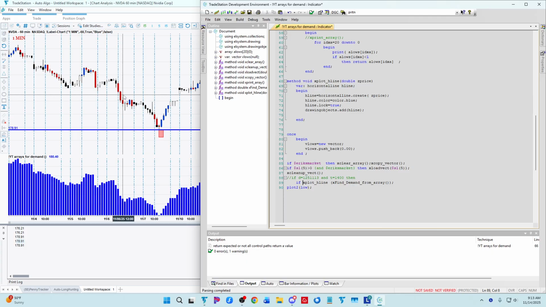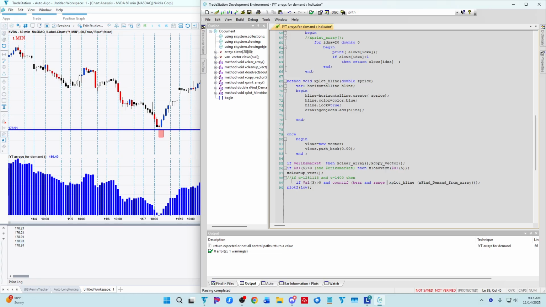Instead of looking for a full 5 bars, let's look for 3 bars. So we'll say if swing low of 3 bars is greater than 0, and within those last 3 bars, we had a bearish bar,